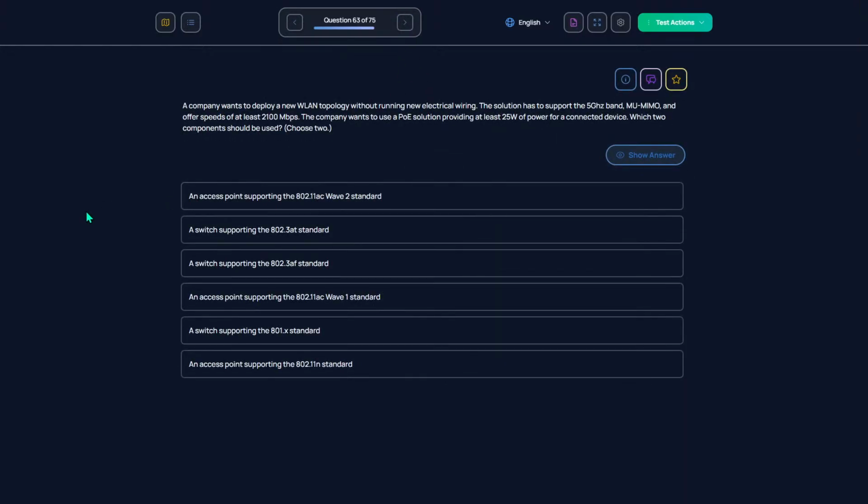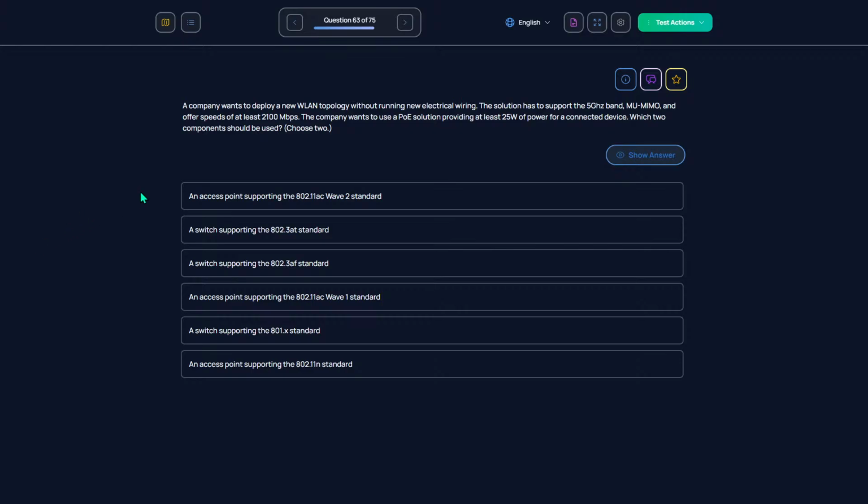The company wants to deploy a new WLAN topology without running new electrical wiring. The solution has to support the 5 GHz band, multi-user multiple-input multiple-output, and offer speeds of at least 2100 megabits per second. The company wants to use PoE with at least 25 watts of power for a connected device.